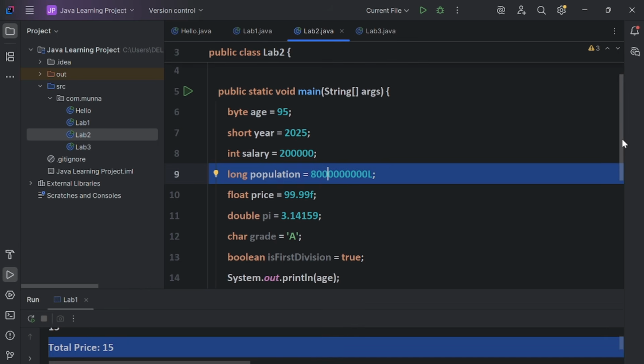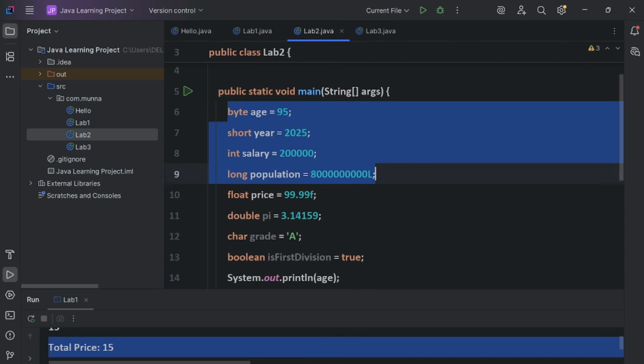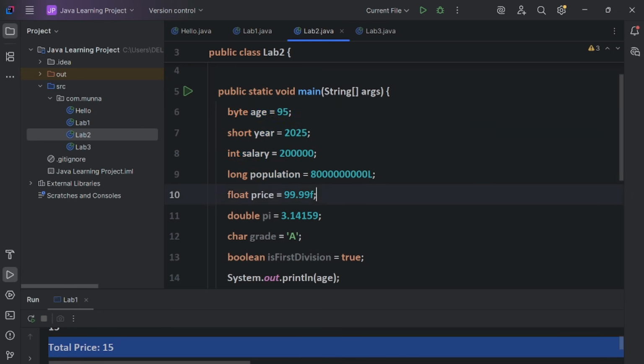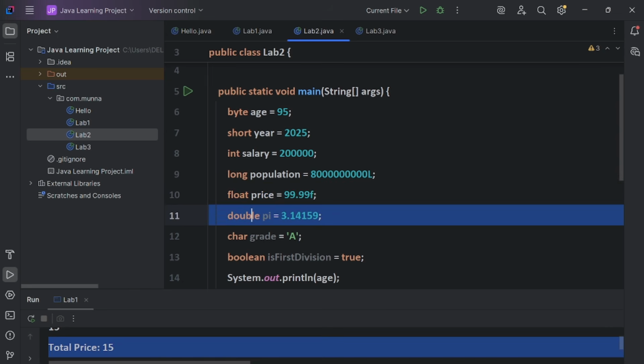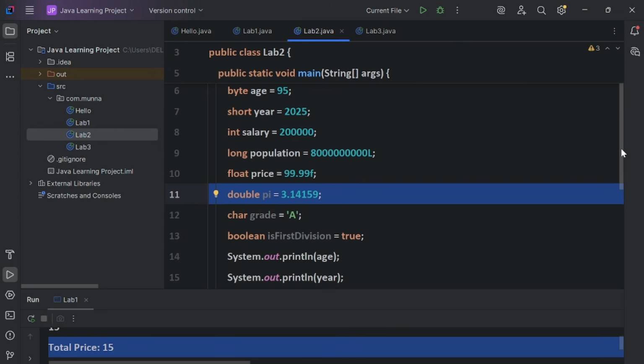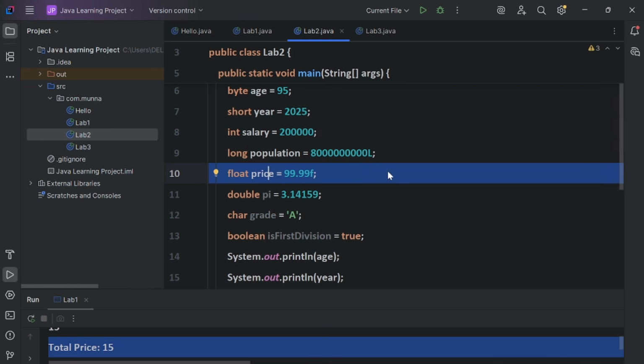And this range is very heavy, guys. In the whole numbers, this is the highest range, in long, guys. Now these 4 are whole numbers, like complete numbers we can say. These are not decimal numbers, they cannot store decimal numbers. So for storing decimal numbers we will take float or double. Float will store decimal numbers and double also will store decimal numbers, for more precision. Double is for more precision, and float is for only two-digit precision, guys.